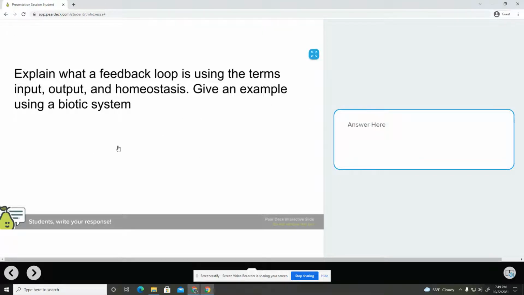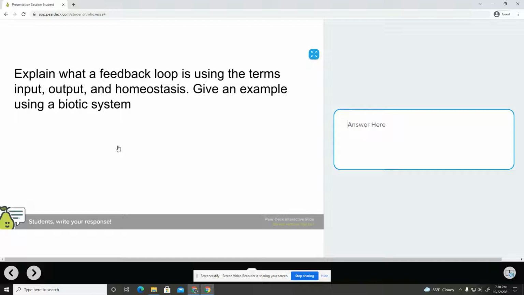So a feedback loop, remember, is where input comes into the system about the system. Output is something that the system puts out. And remember, homeostasis is maintenance of a stable internal environment. So an example using a biotic system of a feedback loop could even be